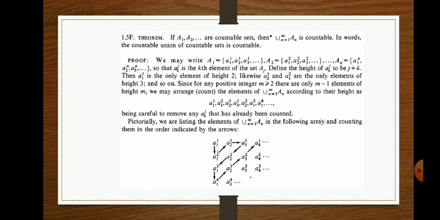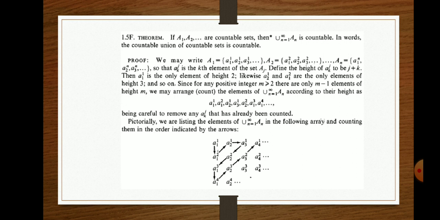The next theorem: if A1, A2, etc. are countable sets, then the union of An is also countable. In other words, the countable union of countable sets is countable. That means if you consider A1, A2, A3 like that, we have a countable collection of sets, and each set